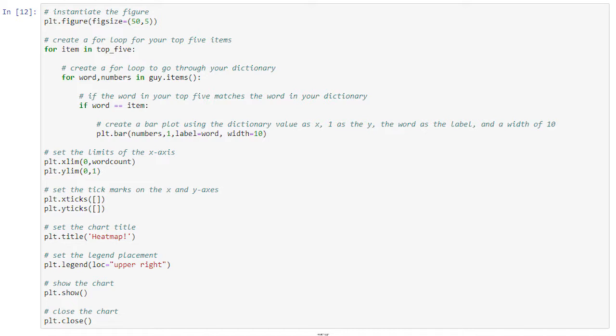Then, for each of those, we'll need to go through our dictionary in order to get that list of instances. So for word, numbers in guy.items. This is the same thing as for word, counter; I've just used a different variable here. So when we go through the dictionary items, we look: is the word in our dictionary the same as the word in our top 5? And if it is, remember, always use 2 equal signs to ask an equals question,